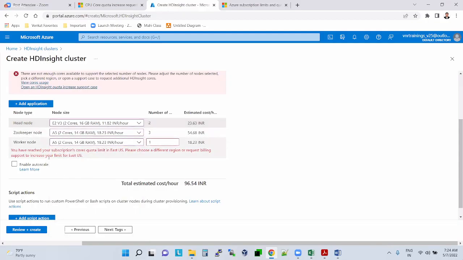It says you have reached your subscription cores quota limit.